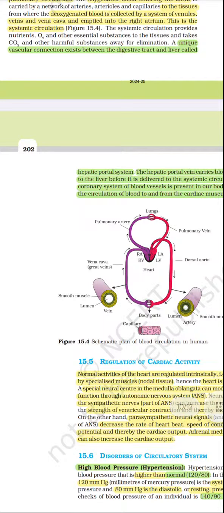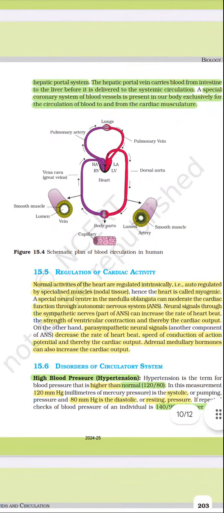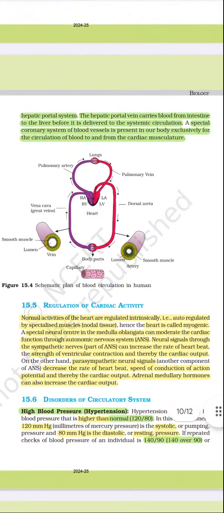A unique vascular connection exists between the digestive tract and liver called the hepatic portal system. The hepatic portal vein carries blood from the intestine to the liver before it is delivered to the systemic circulation. A special coronary system of blood vessels is present in our body exclusively for the circulation of blood to and from the cardiac